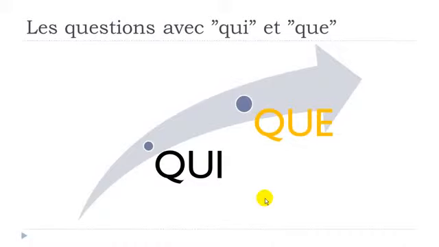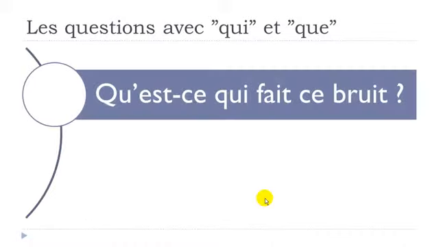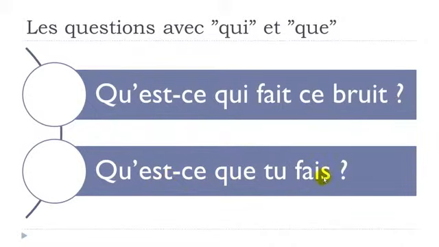Now, let's see que. First question, qu'est-ce qui fait ce bruit? Okay? Second question. Qu'est-ce que tu fais? All right? So remember that even if you don't have the que here, but you've got this QU, all right? It does mean that previously we had the que here and here, but then as usual, if you look carefully, we've got here another vowel starting here. So we've got to take our e away. Okay? So let's see now.